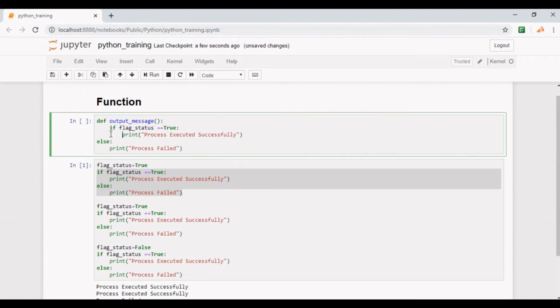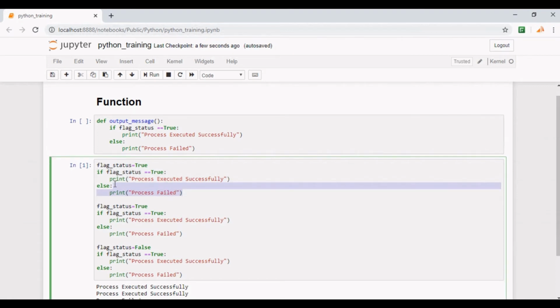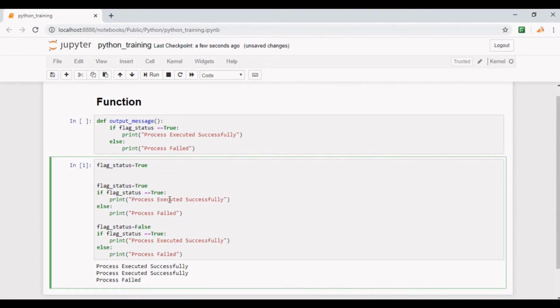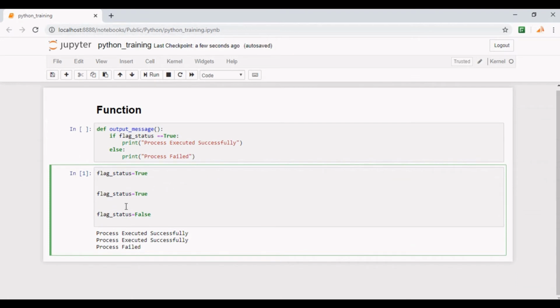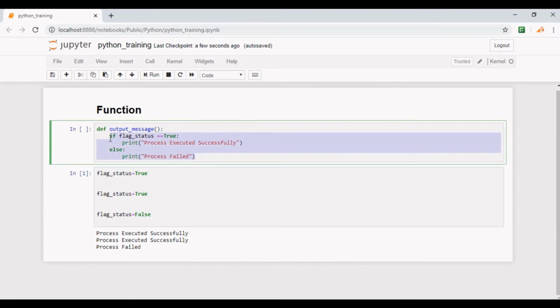Let's make the indentation correct. Now you can remove all these lines. Because this logic needs flag status, let me pass flag status as an argument to this function.